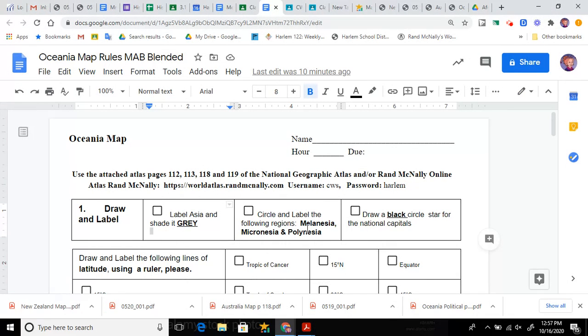Now, the next thing that it actually asks you to do is circle and label these regions of the South Pacific Islands. So there's Melanesia, Micronesia, and Polynesia. Melanesia comes from melanin, which is skin pigmentation, and the idea is that on these islands you will find dark-skinned individuals. So Melanesia is the name of this group. Micro means small, so this collection of islands is petite islands, and Polynesia is a collection of multiple islands together as a chain, oftentimes from volcanic eruption and then tectonic plate movement. So let's take a look at